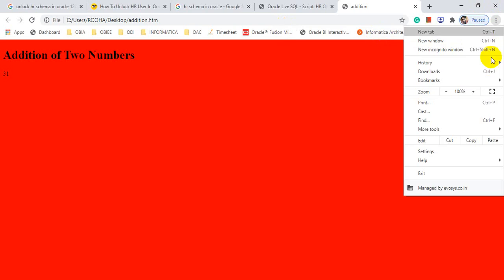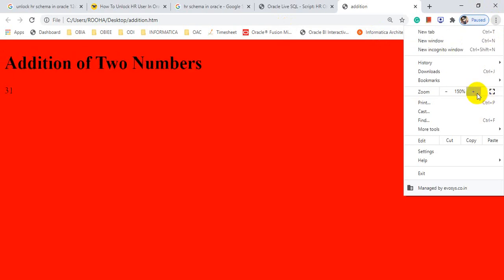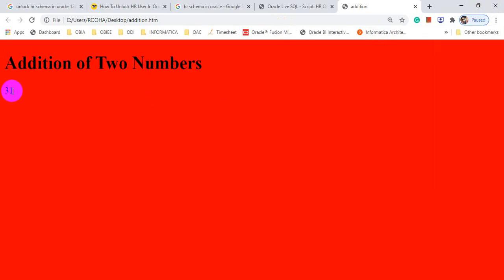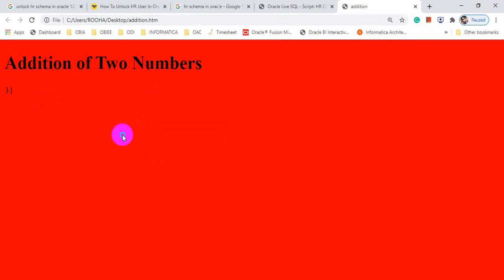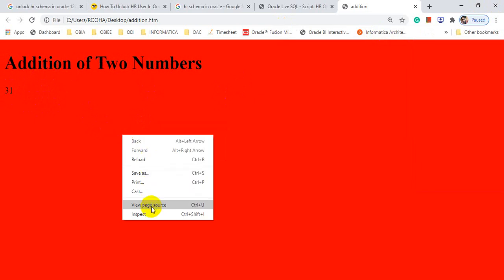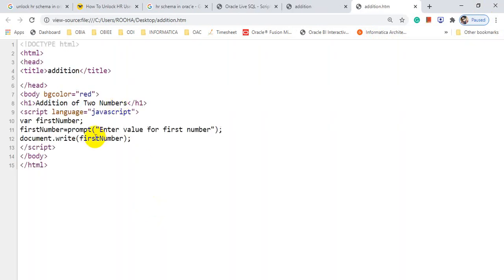Is it visible, students? Can you see the number 31 is displaying on your browser? Why? Because I have written that the value of this prompt box will be stored inside that variable, and by using document.write, I want to display the value of that variable.